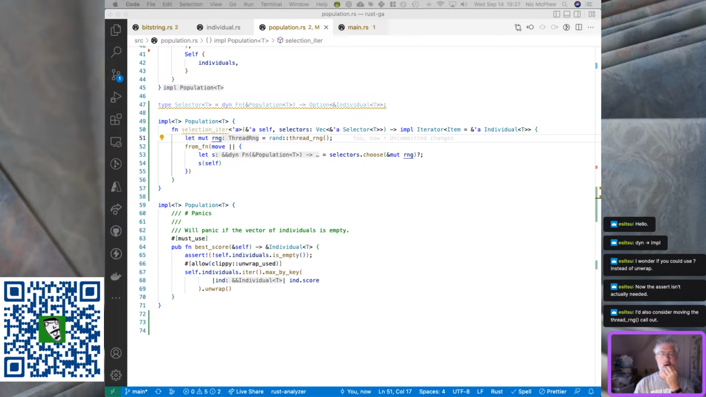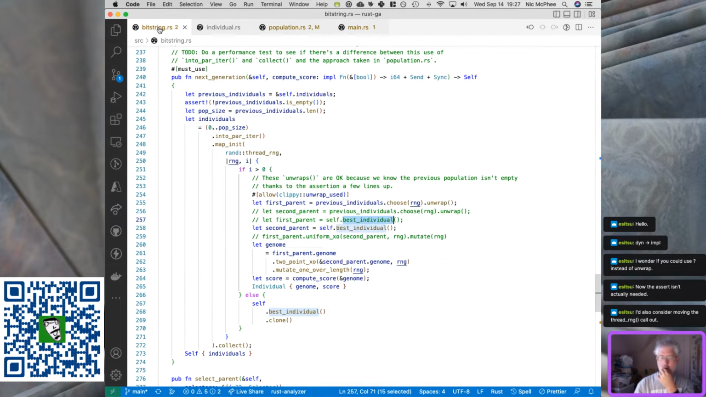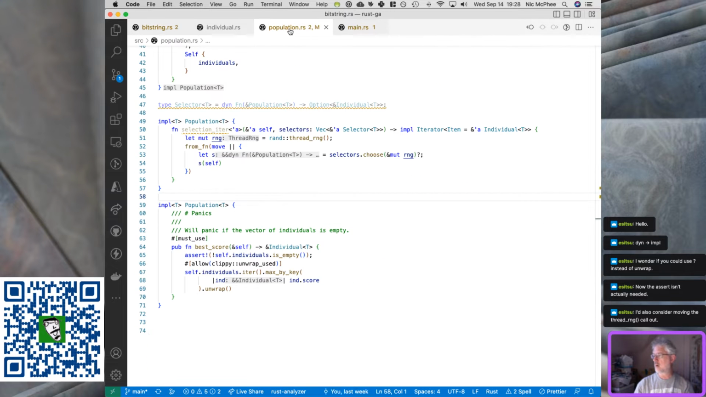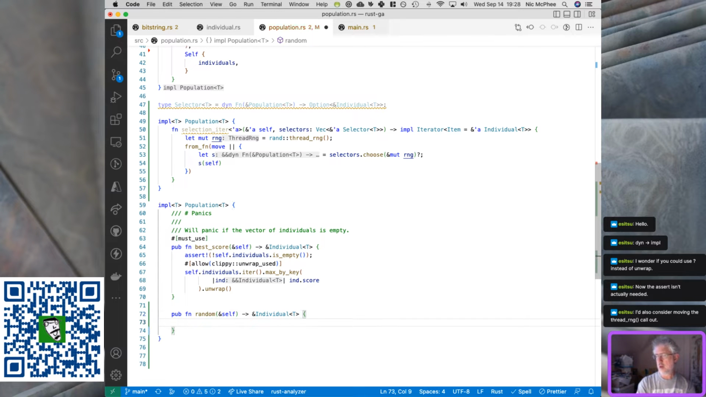So now we should be able to pass in a vector of selectors and get back an iterator, which we can then use to populate the parents. So if I come back to here, and I've got this, oh, and actually maybe it would be useful to give myself a choose over here. I could say pub fn random self, individual t, self dot individuals dot choose